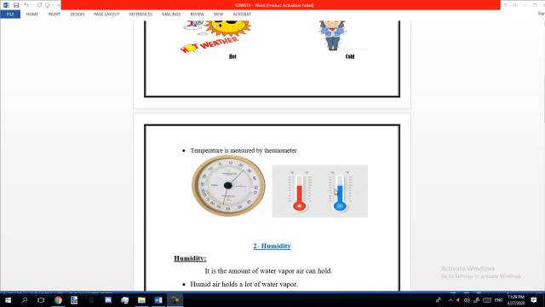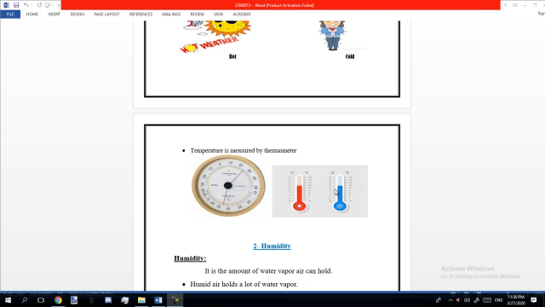How can we measure the temperature? The temperature is simply measured by a thermometer. There are many types of thermometer. There are medical thermometers that you use to measure the temperature of your body. You put it under your tongue, or you put it on your forehead and measure your body's temperature. There is another thermometer for measuring the boiling point or the temperature of liquids, and this is found in